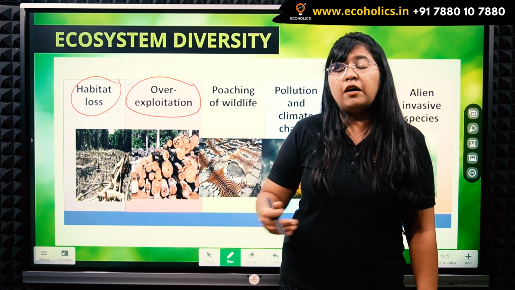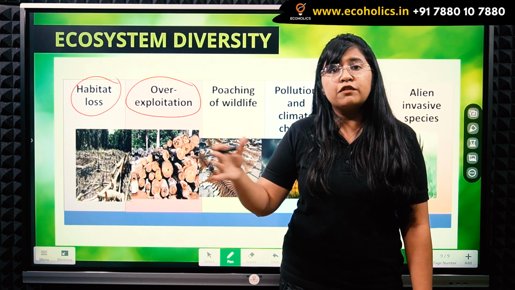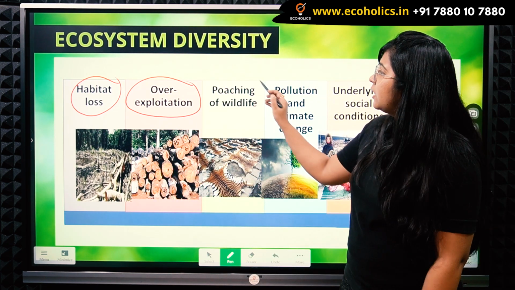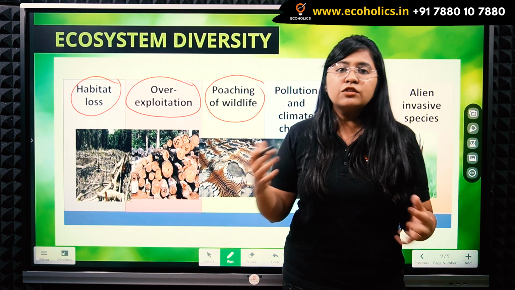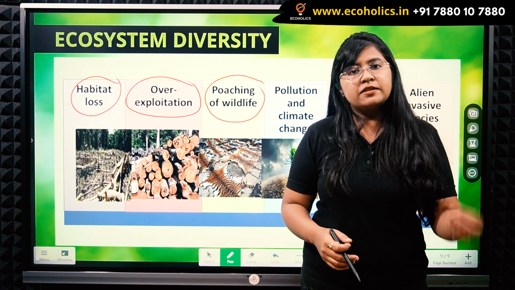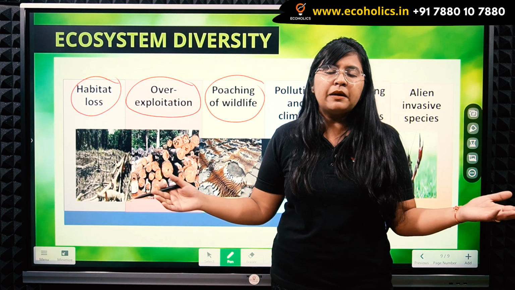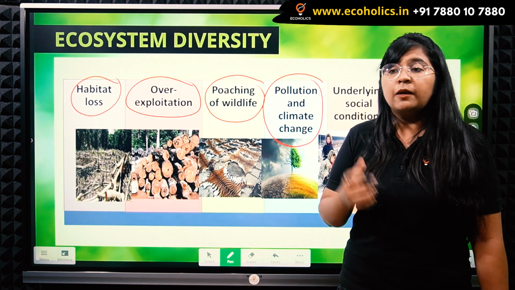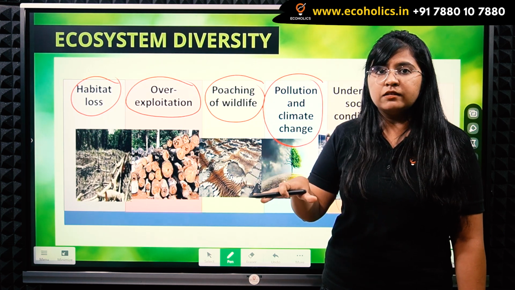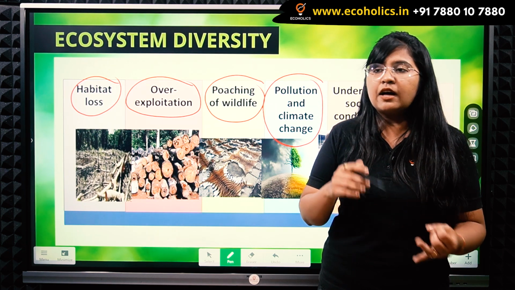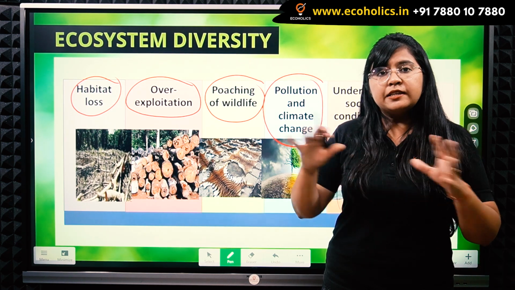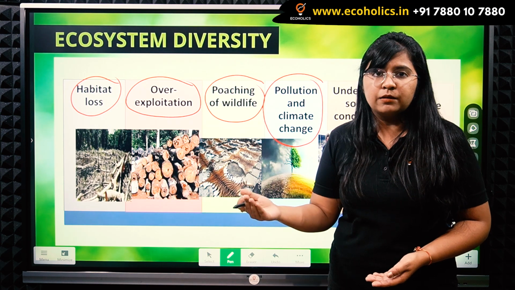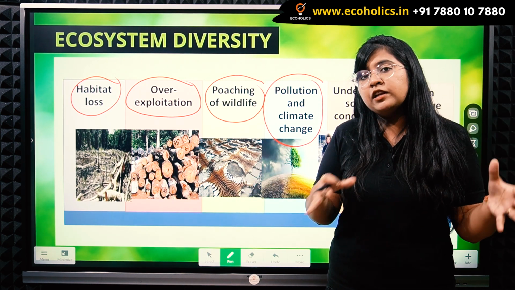Over-exploitation refers to over-excavation or exploitation of resources from a specific type of ecosystem. Then there is poaching of wildlife, which is against the rules, against various acts, illegal, but still happens in many areas. Pollution and climate change. The problem of pollution and climate change will occur the most where the ecosystem is not balanced. If the ecosystem is balanced, filled with trees and forests and grasslands and deserts, and all species are well maintained, then pollution and climate change will not heavily occur in those regions because the ecosystem will defend